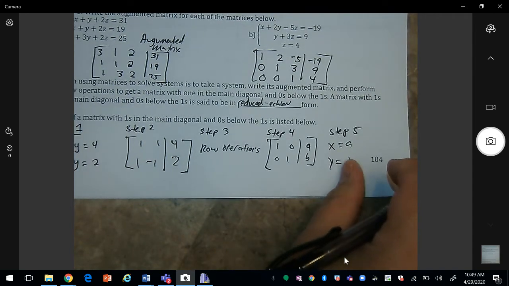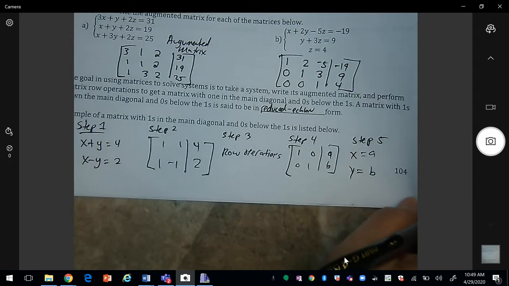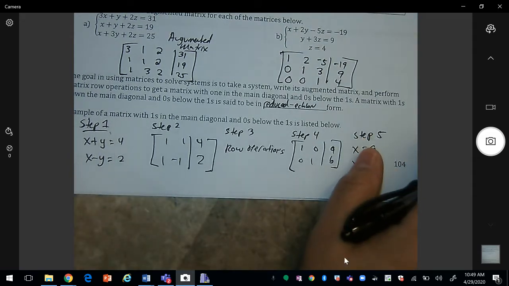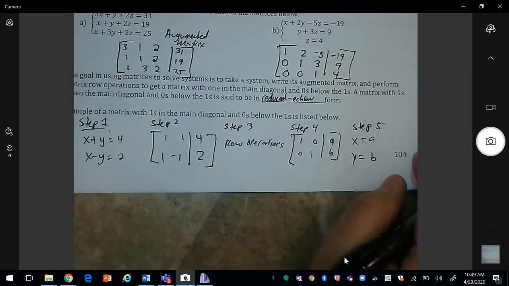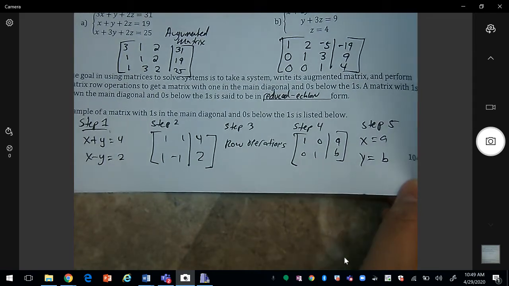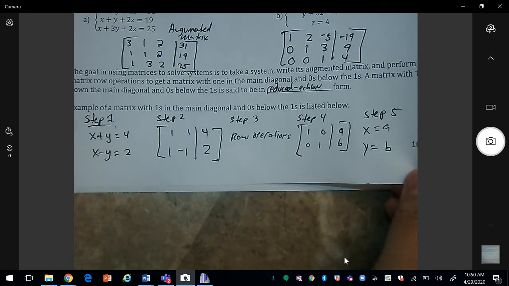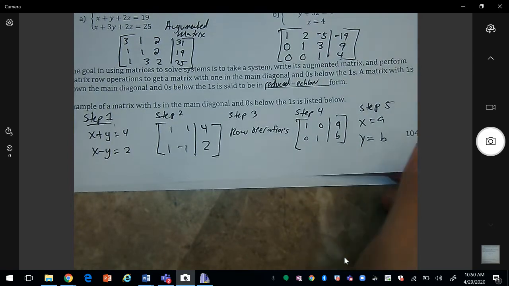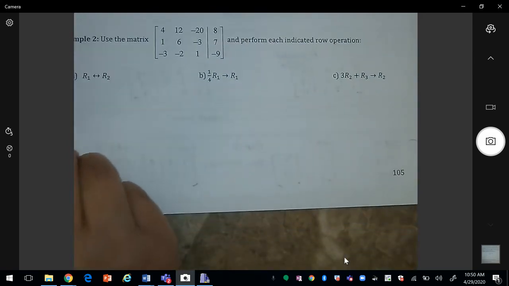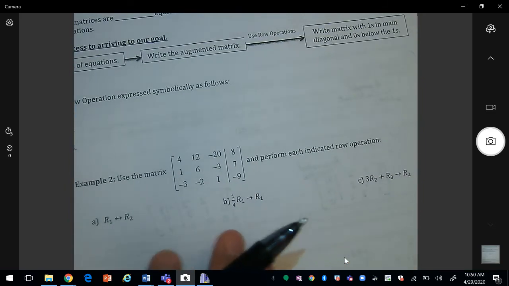So you might be wondering, why can't I just use what we learned in chapter 7, which was solving the system using substitution or addition? And this is just another way that is used to solve these systems. Once we get into systems that are larger than 3 equations, then matrices might be a more convenient way of doing it, especially if you have technology to help with solving the systems. So if we look at the next example,